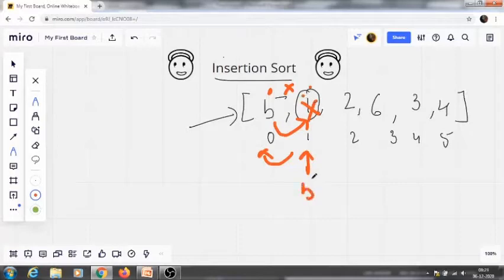So our element will be 5 here, and then we will insert 1 at the beginning. First we remove 1, add 5 there, and then add 1.